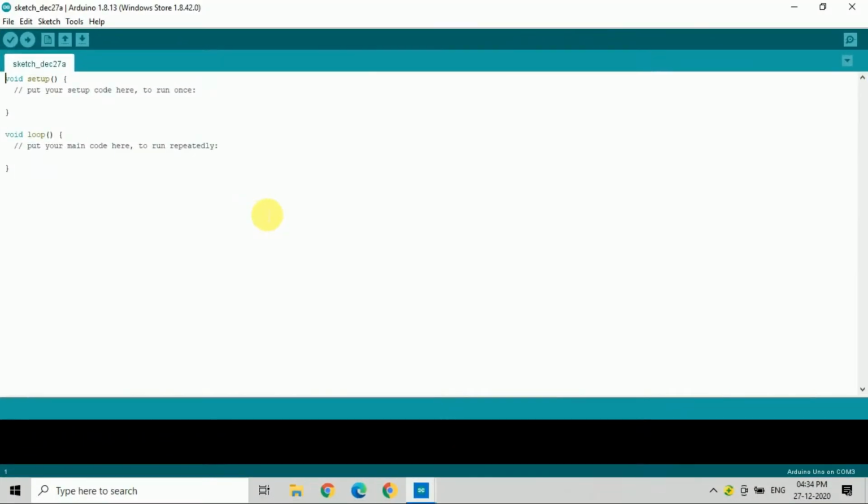Okay guys, now we are going to type the code. First of all, we will initialize the pin of LED. The LED pin we have connected on pin number 9. I am taking one more variable, that is i.